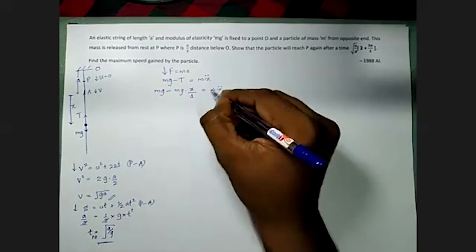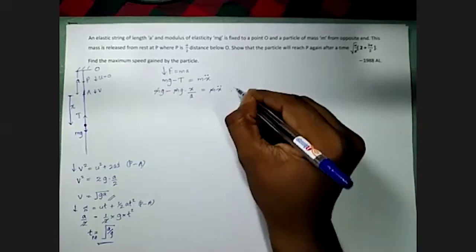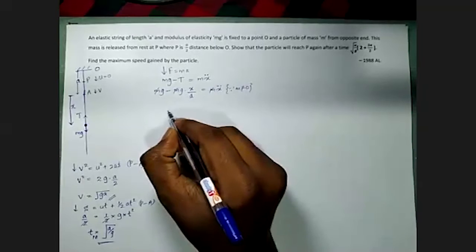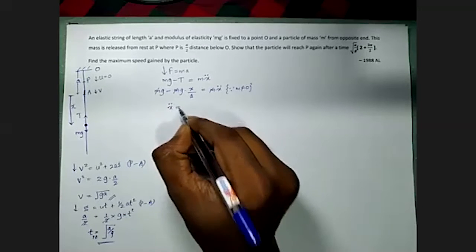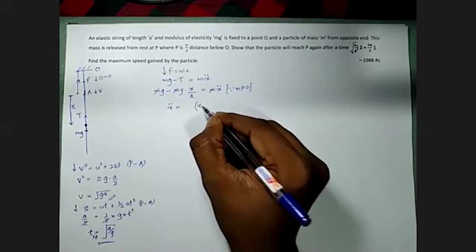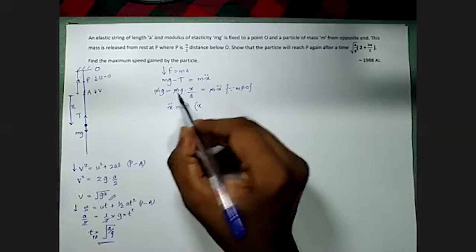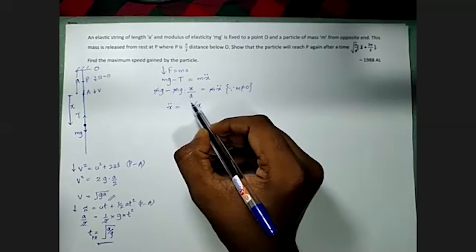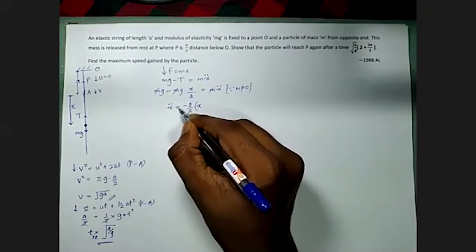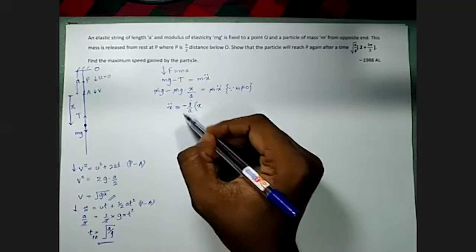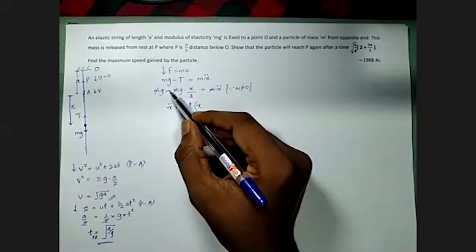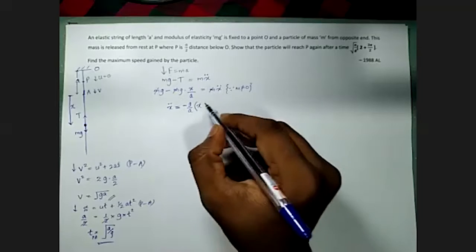Now we can cancel m in all the terms, as m is not equal to 0. Then we can make x double dot the subject, and we have to take x as the first term inside the bracket. Therefore I have to consider this minus g x over a term first, and take minus g over a, everything except x, out as our common factor. Except x, I have to take everything with this minus sign as the common factor.